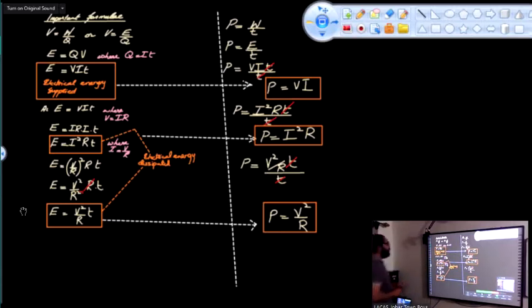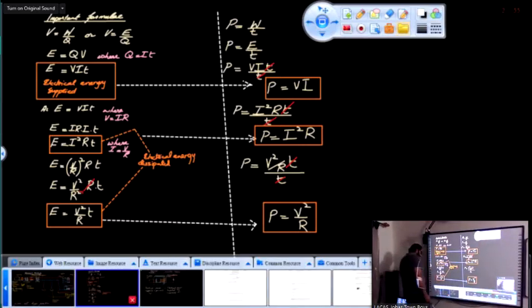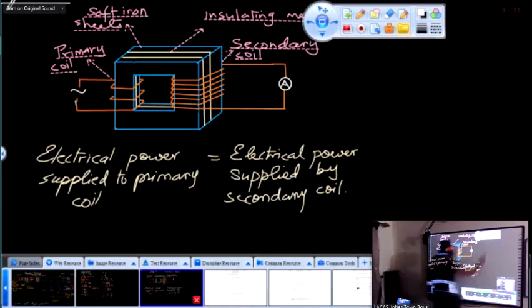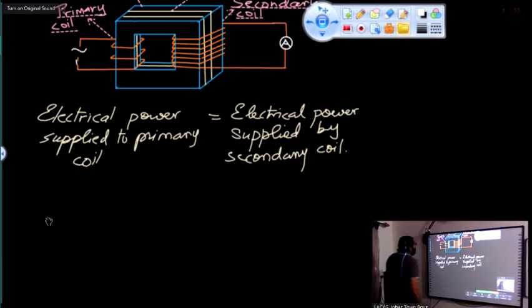Okay, अब मैंने ये formula आपको बताया. इसके accordingly हम power या energy को relate कर सकते हैं power supplied को, that it is VI. So electrical power supplied is VI. Electrical power dissipated is I square R or V square over R. Now coming back to this point of transformer. I mentioned this thing in a transformer that electrical power supplied to primary coil is always equal to electrical power supplied by the secondary coil,